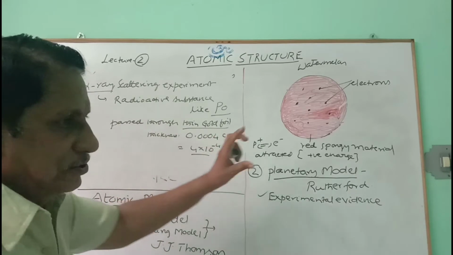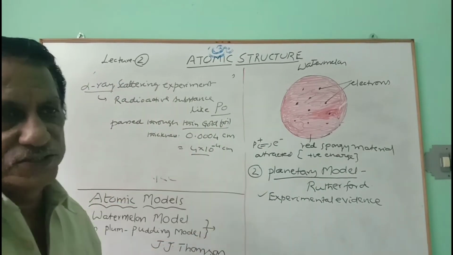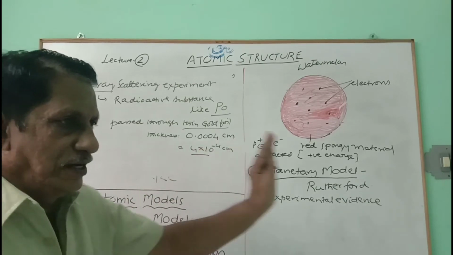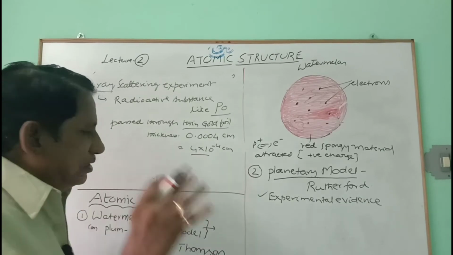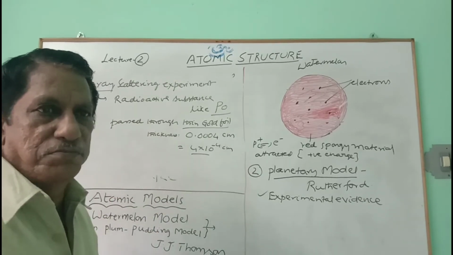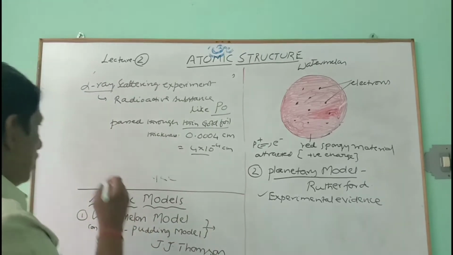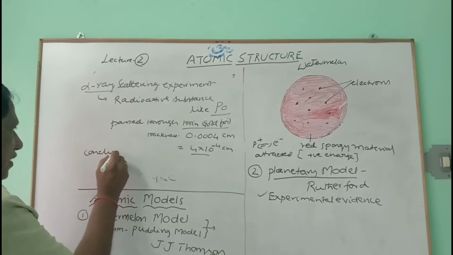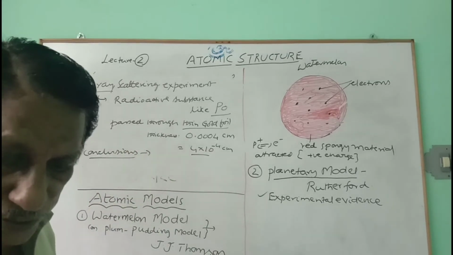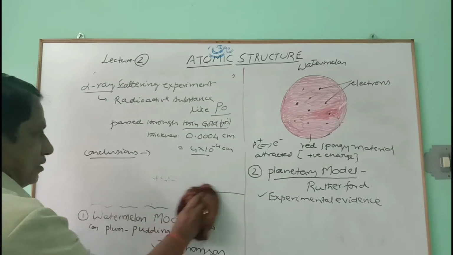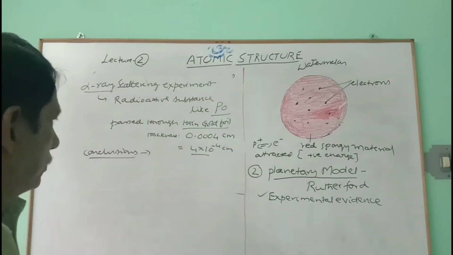When the alpha rays are passed through this, around the thin gold foil there is a zinc sulfide screen focused there, and all these rays will be falling on this, and scintillations will be produced, of course. Then, using that, some conclusions are made. We are not going to discuss the experiment details, but what are the conclusions given in the Rutherford model? What are the conclusions made by him?